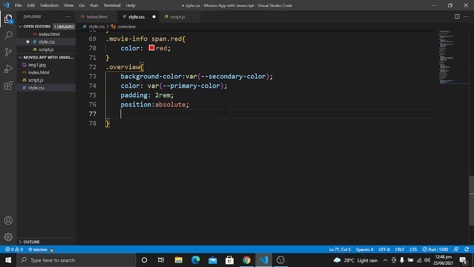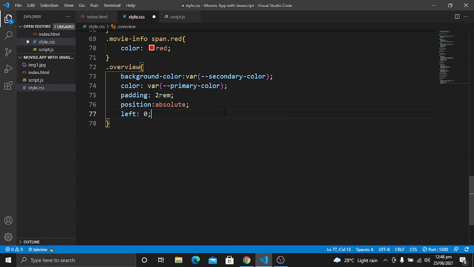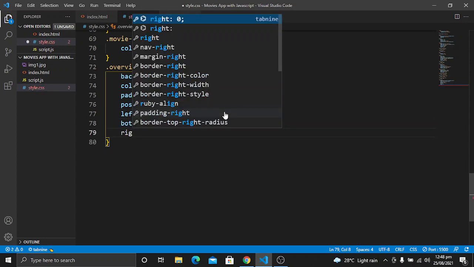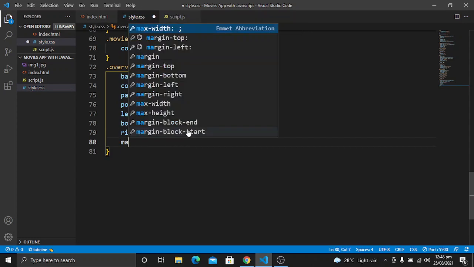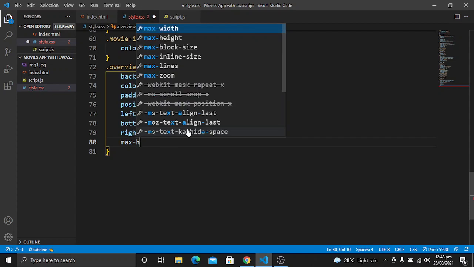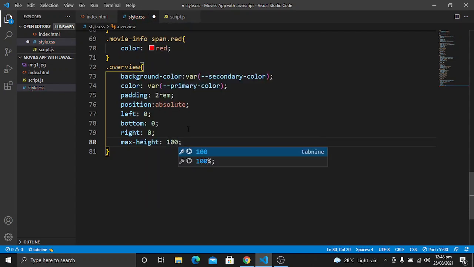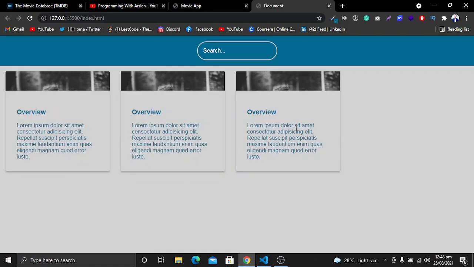So just give it a left of 0. So the left will be 0, bottom, right, so this will be 0, and then I want to give it a maximum height. So the max height that it will have will be 100%. Let's save it, and now you will see it will have a max height of 100%.